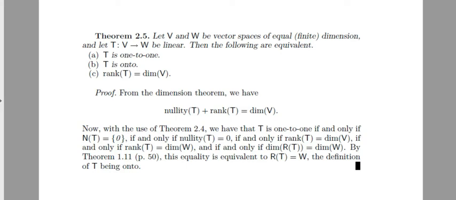Now the basis of V was mapped to a basis of W, so the dimension of V is the same as the dimension of W. So we get that the rank of T is equal to the dimension of V if and only if the rank of T is equal to the dimension of W. Now the rank of T is the dimension of the range space of T. So the dimension of the range space of T is equal to the dimension of W. Now if these two dimensions are the same and the range space of T is contained in W, we get that the range space of T is equal to W. That is, T is an onto map. So these three statements are equivalent.